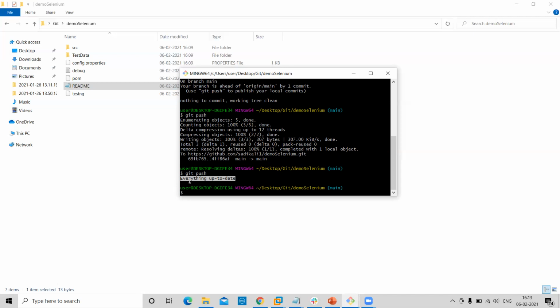Next, run git commit, which will commit your local changes into the local repository. Once you commit the changes, run the next command, git push, which will push your local commits into the corresponding branches of the remote repository.